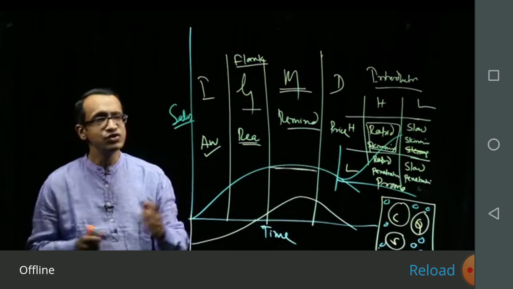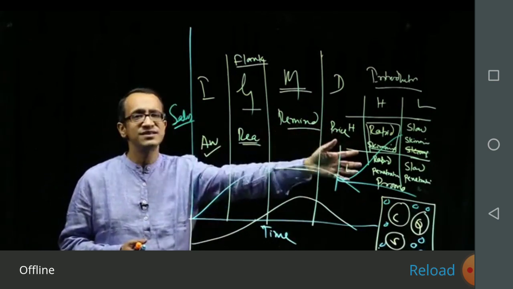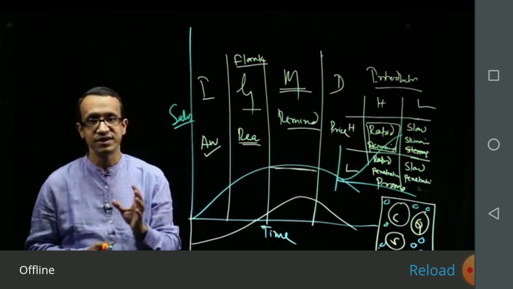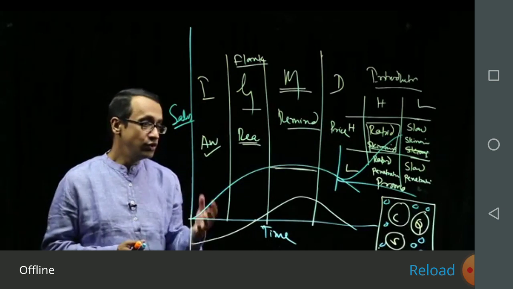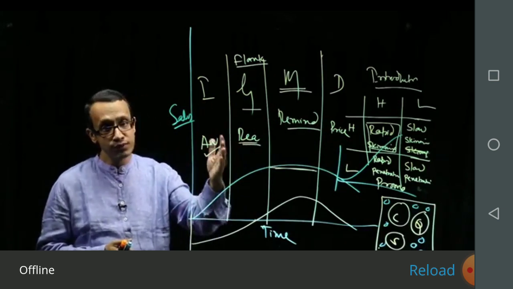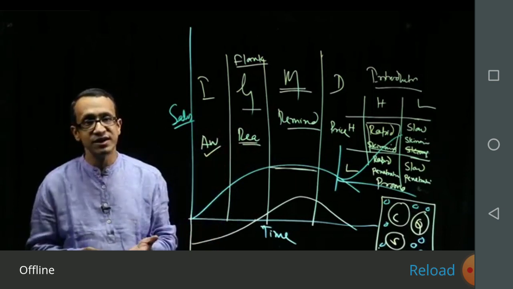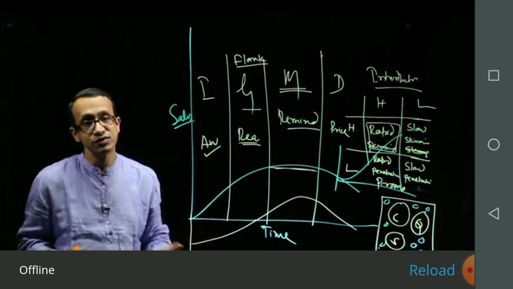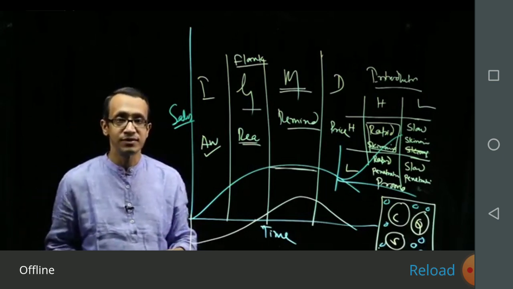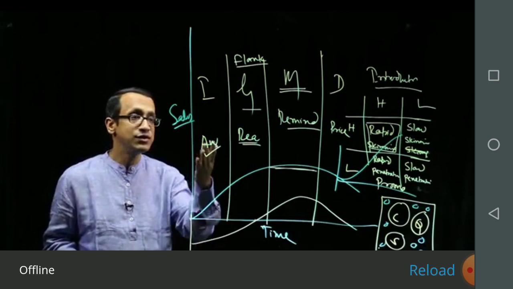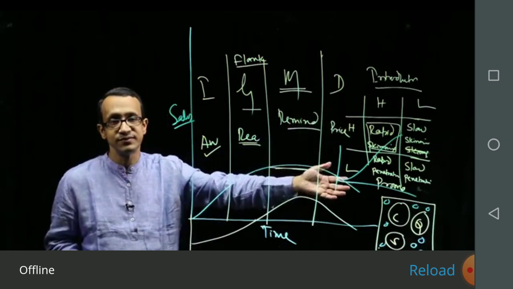The advantage over here, as I told you in the beginning, is that each stage has got its own characteristics and its own strategies. So when you know in which stage of the life cycle you are in, you also have got a set of strategies to implement. So now you get to know whether you are implementing the same strategies or not. So the advantage is the 4 P's get much more structured for each of these stages.